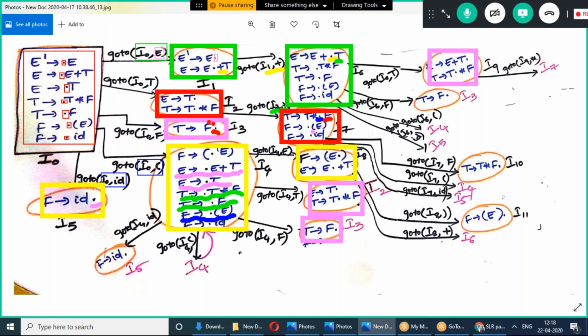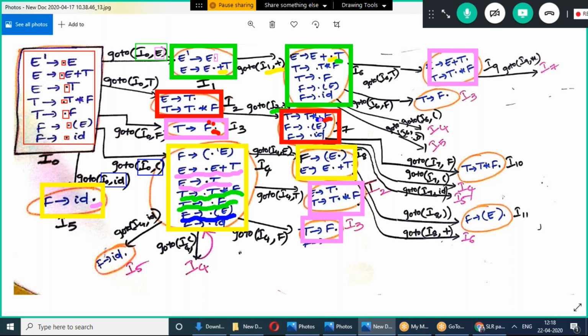Come to I7. After that, there is F here, T star dot F. After that, open parenthesis, after that, ID. So we can perform three operations: GOTO of I7 comma F, GOTO of I7 comma open parenthesis, GOTO of I7 comma ID. First, let us see GOTO of I7 comma F. After that, there is F in this production only, no other production has it.